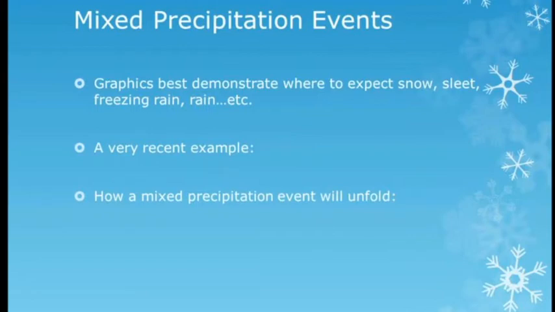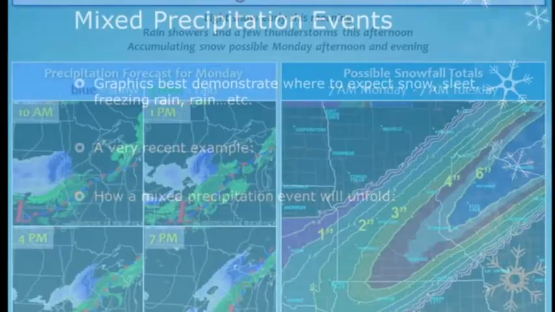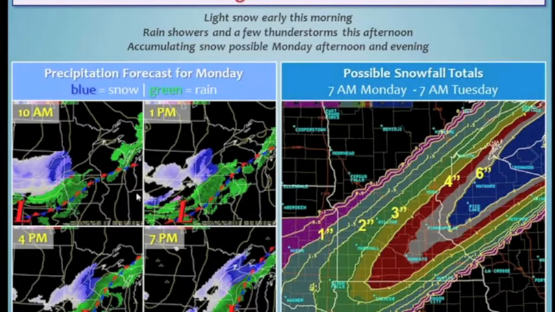We also have ideas about how to show how it will unfold, including timing a mixed precipitation event, like this graphic from last winter, just showing here on the left-hand side. These are screen captures of a high-resolution short-term model that has the ability to display precipitation type as one of the images in AWIPS. So we screen capture these, put some timestamps on them, and people can quickly get the sense of where that rain-snow line is going to be, where it's going to move, and how that event's going to play out. So I'm a big fan of those high-res short-term models, as long as you are confident in that particular model and its forecast. That can be a very nice, useful tool.